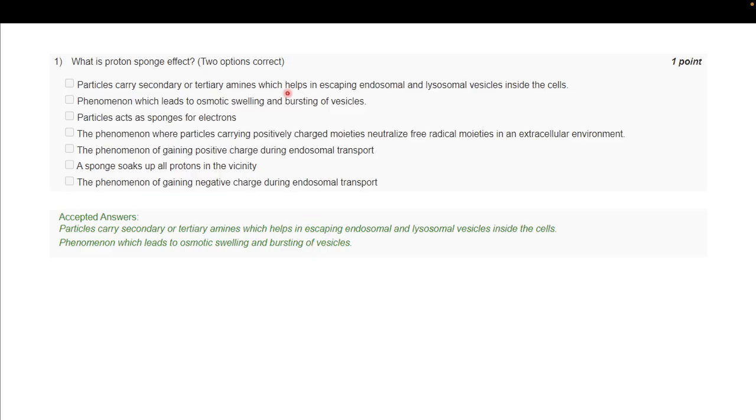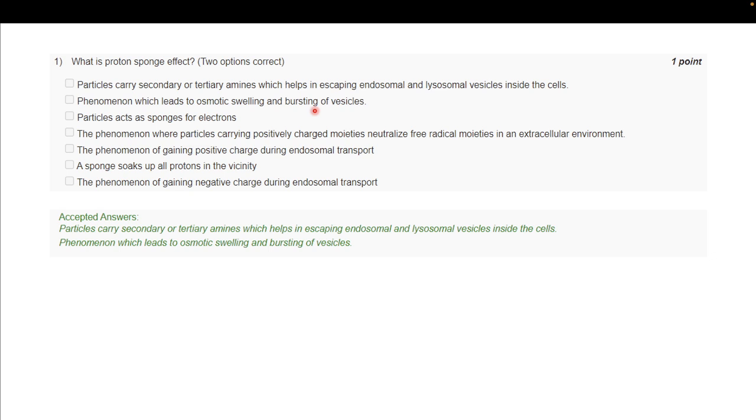So if you read the options, you'll get to know the answer. So your particles carry secondary or tertiary amines which help in escaping endosomal and lysosomal vesicles inside the cells. So this is known as endosomal escape of particles using the proton sponge effect. And this phenomenon actually leads to osmotic swelling and bursting of the vesicles. So this is one of the methods to take advantage of if you want your particles to escape the lysosomal